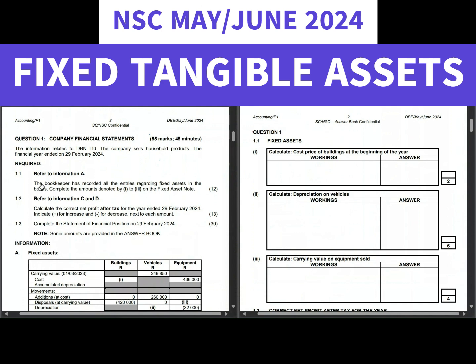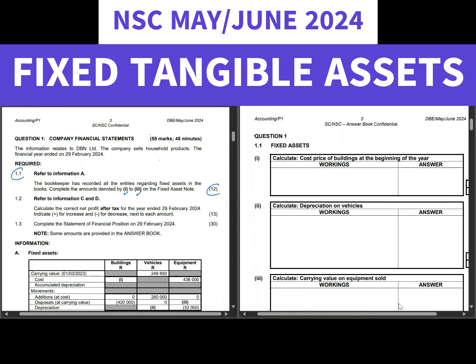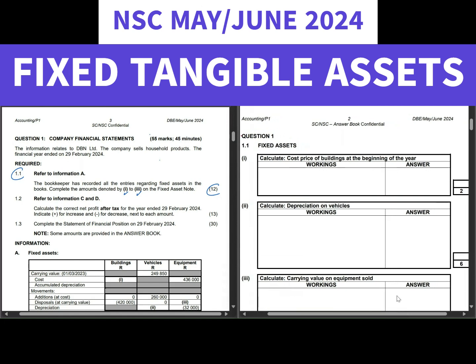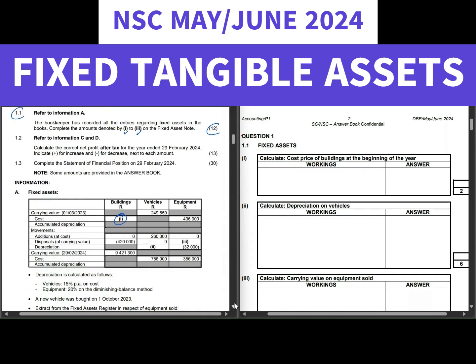To begin with, I'm going to start with 1.1. Here's my 1.1, and let's see what they want. The bookkeeper has recorded all the entries regarding fixed assets in the books. Complete the amounts denoted 1 to 3 on the fixed asset note, for 12 marks. Okay, so let's begin with number 1. Number 1 is over here under our buildings, and we are required to calculate the cost of buildings at the